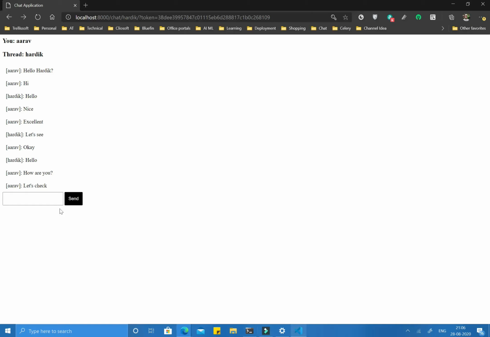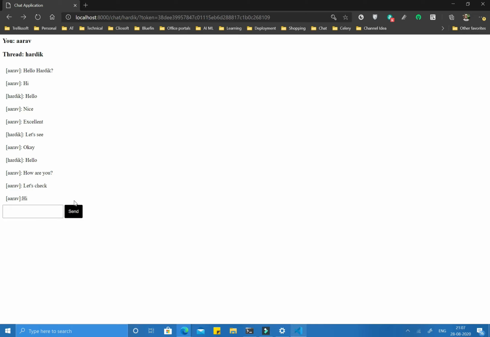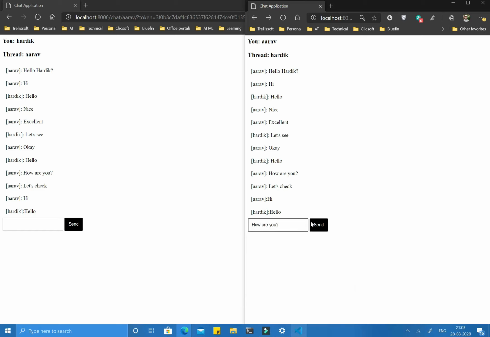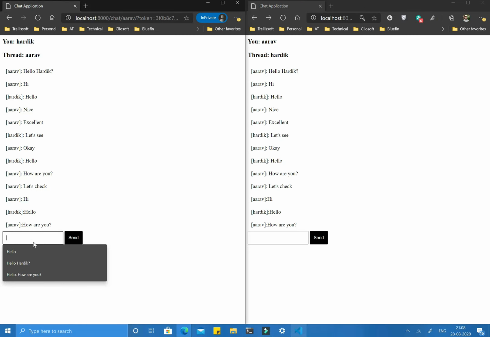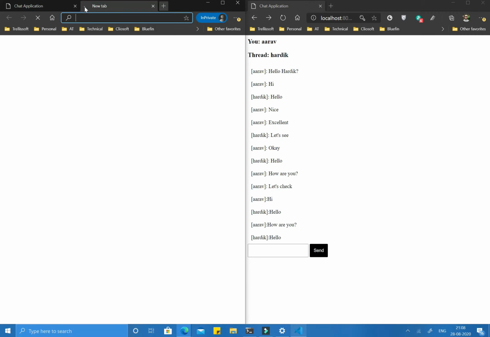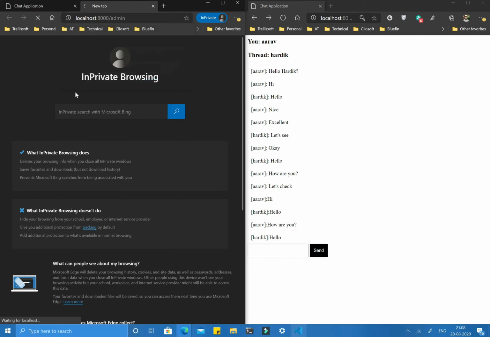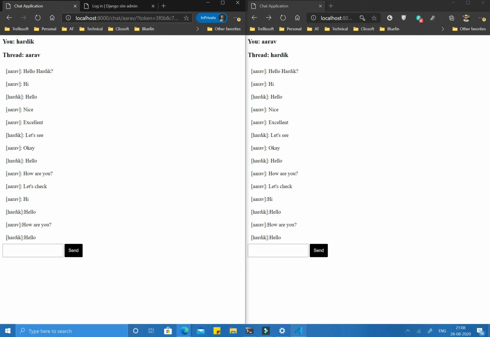So before, we were not able to send the message as we checked, right? Now I am sending the message again, send, and as you can see now we are able to receive that message back from Hardik, sorry, from the other user. Let me do it this way so you can understand, right? So now you are able to send the message from here to here, right? Let me show you that we are not logged in through session, so you can be sure that we are not using session now, instead we are using the token, right?